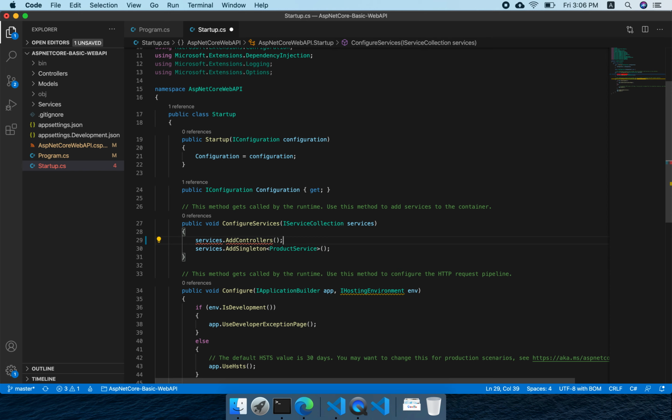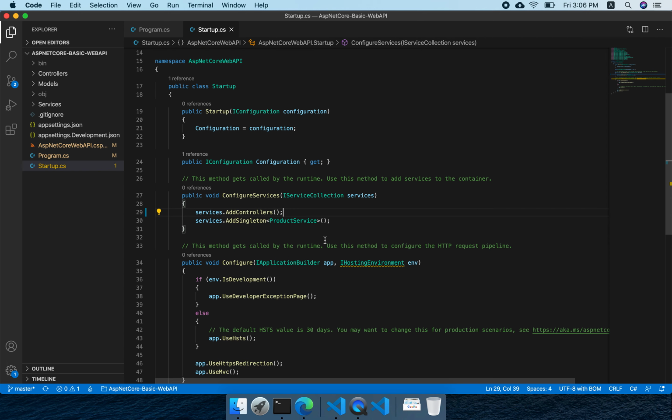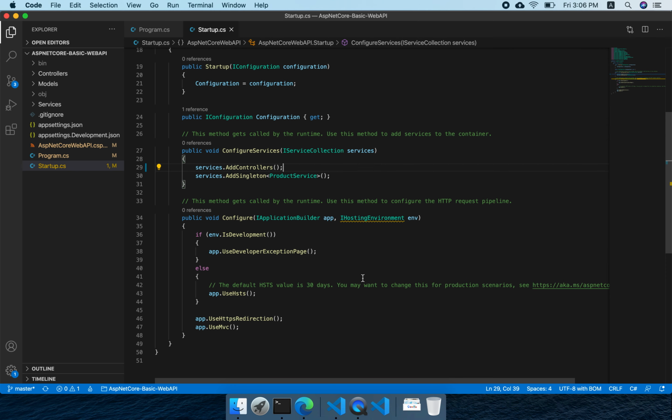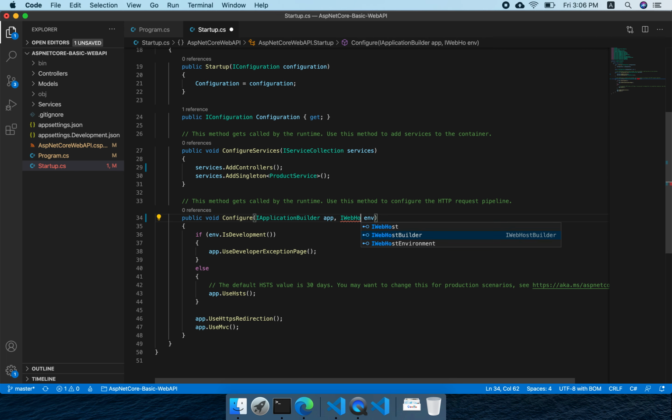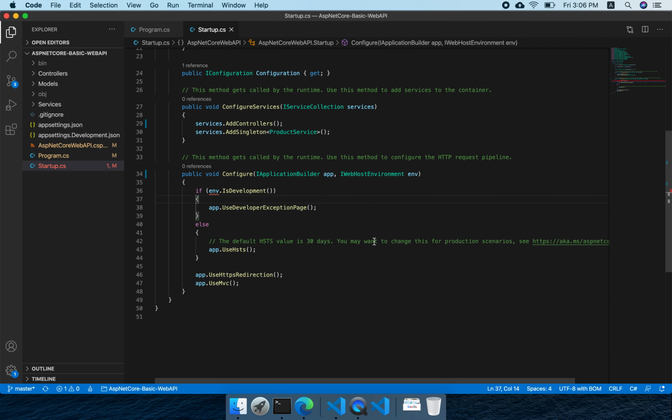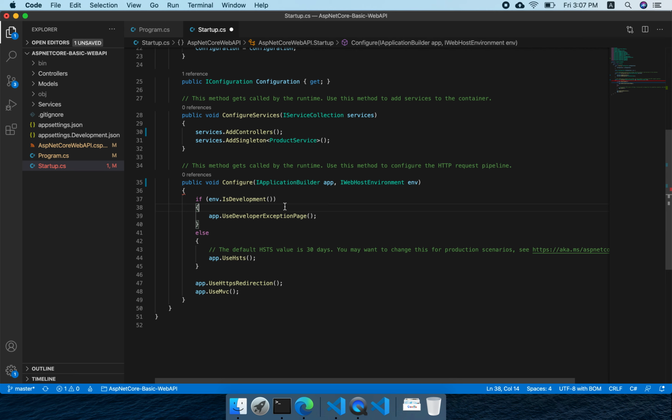Now, as I said, we won't be using IHostingEnvironment, here we will use IWebHostEnvironment. Once that is done, it needs another namespace, and we added that.